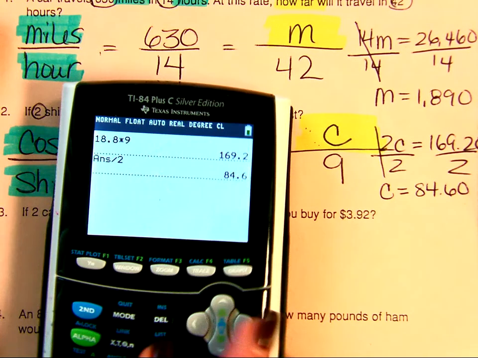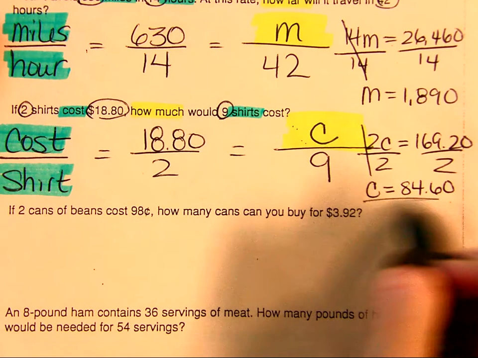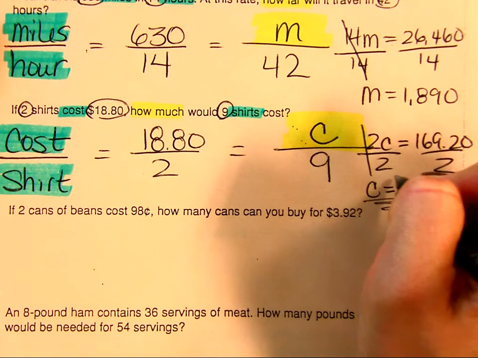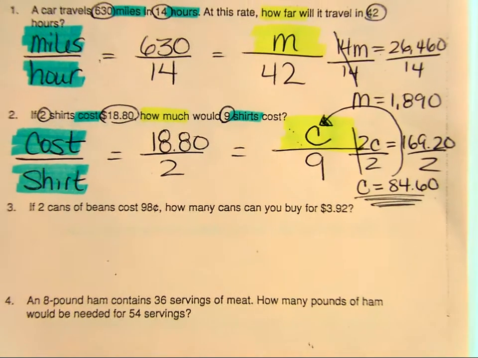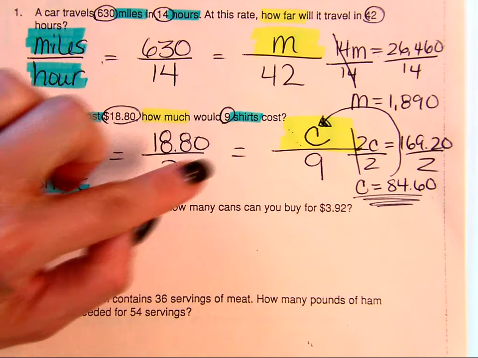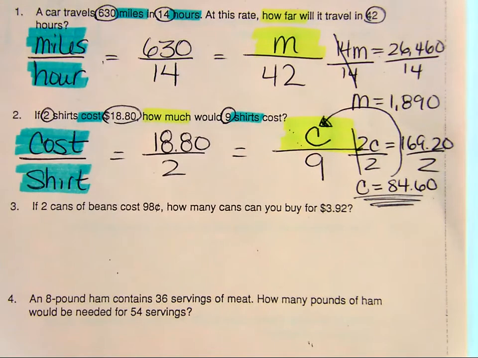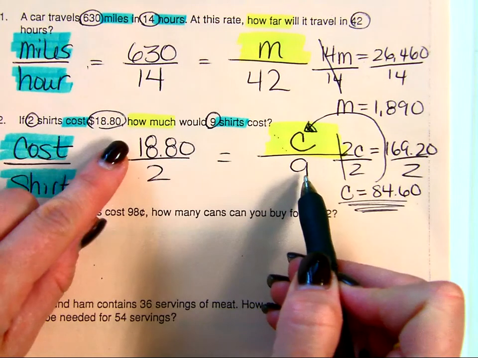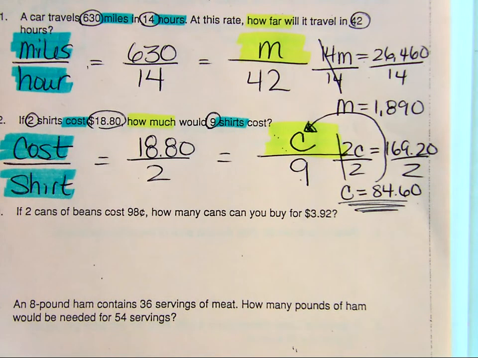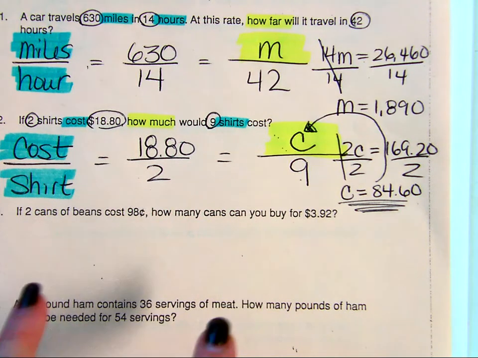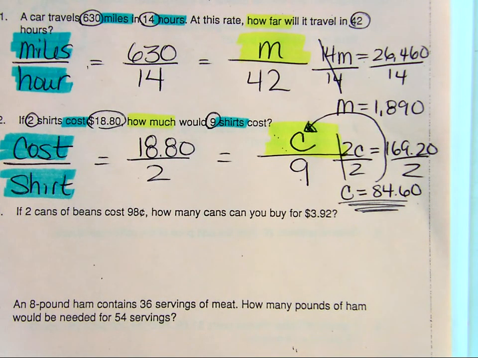Because I need you to kind of know this. I just solved for C, which means wouldn't I go back up and put that in there? So if it's $18.80 for 2, it's $84.60 for 9. The $169 is what you get when you multiply the 9 shirts times this, but you still have to divide it by 2. So that's why, guys, it's really important to set it up instead of trying to just walk through it. Yes? I did it a different way, and I think it's simpler because